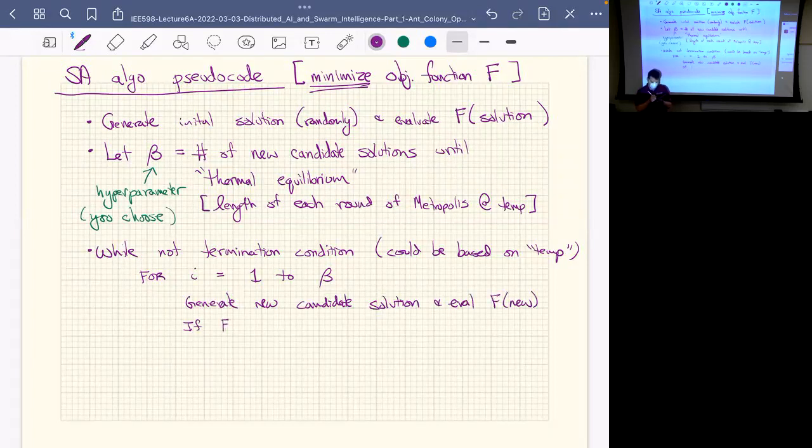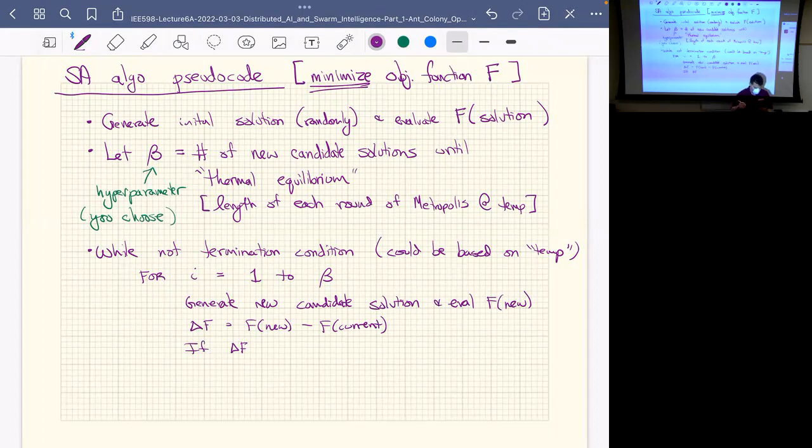Maybe I'll just define here: I'm going to say that delta F is equal to F new minus F current. So then if my delta F is less than 0,